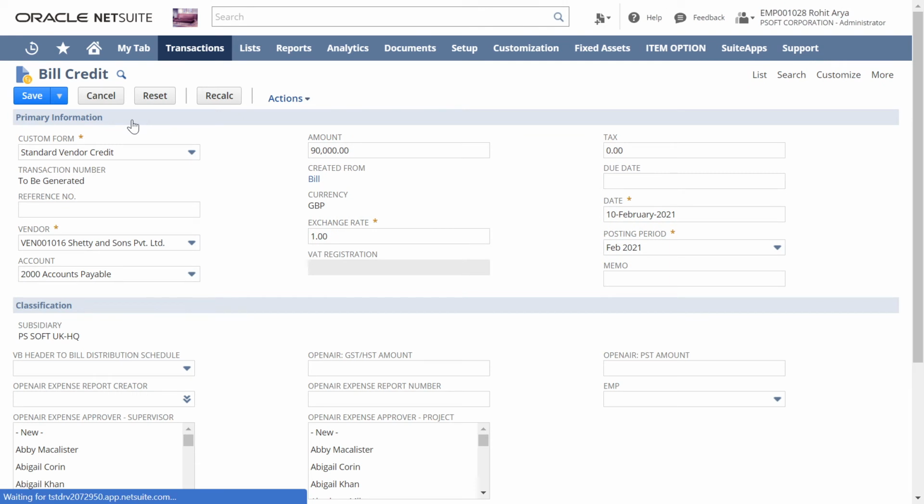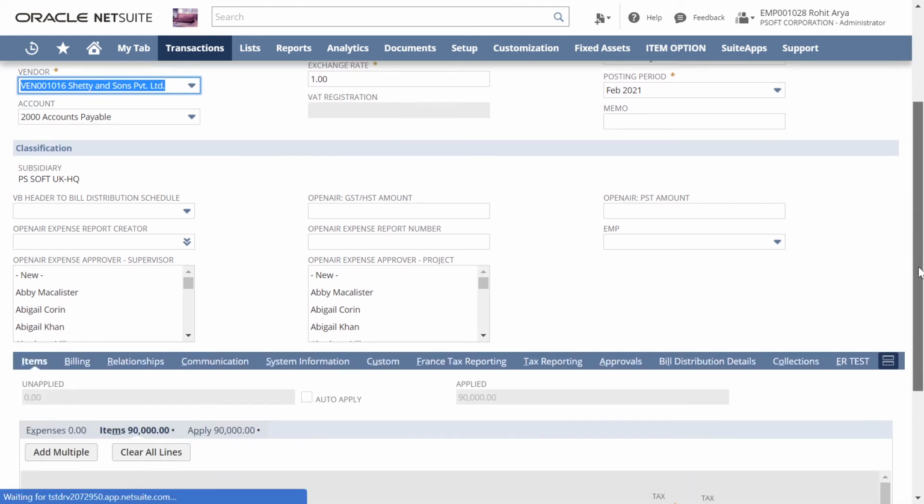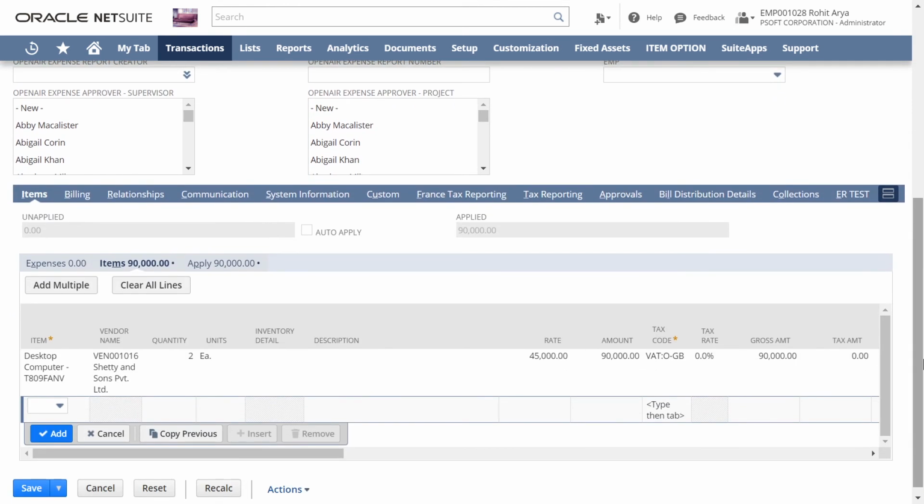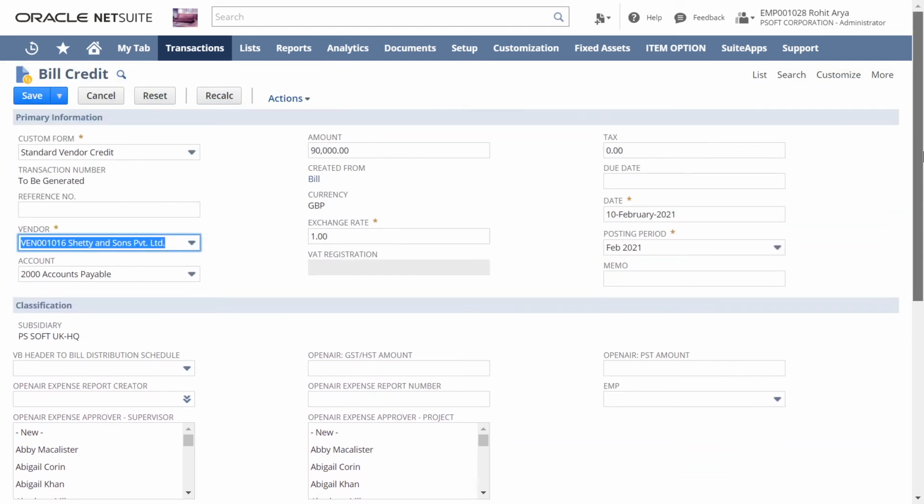As we click on the Credit button, we are again on our bill credit page, and the details have automatically populated since we have taken it from an invoice. Now you can see the amount is showing in the applied column because it has been applied over the items in the invoice.